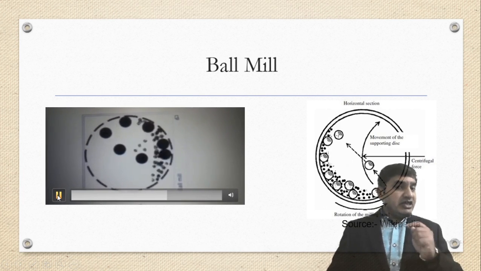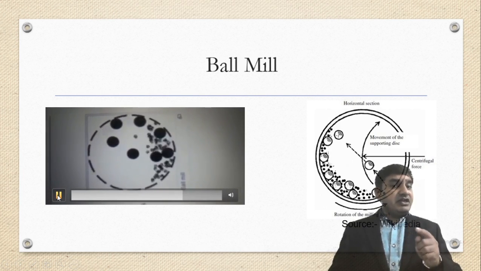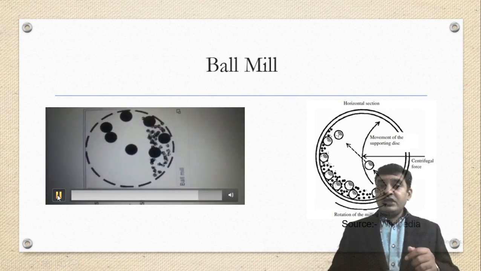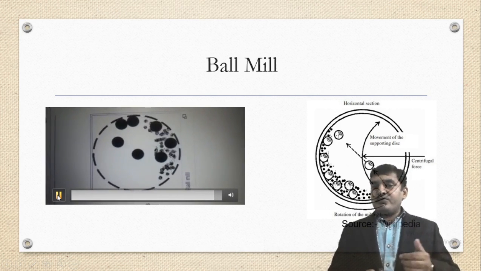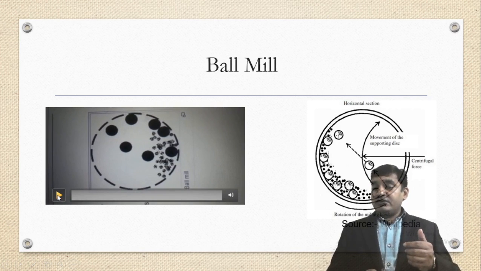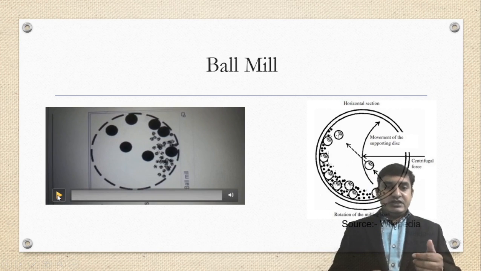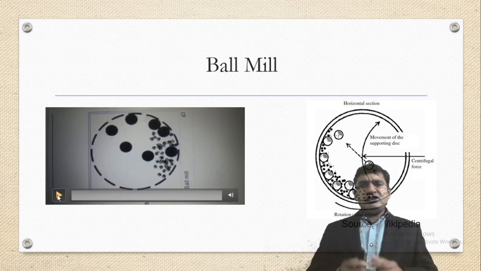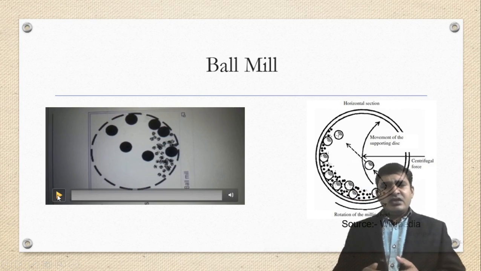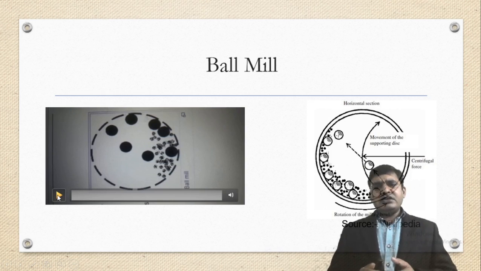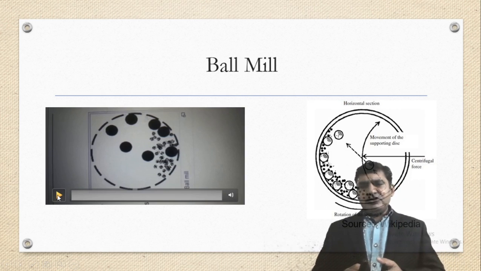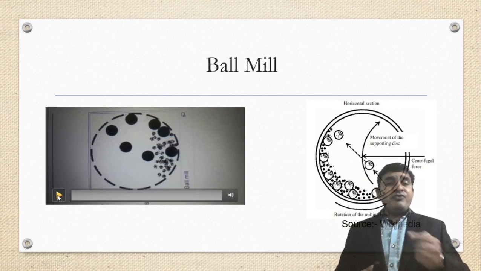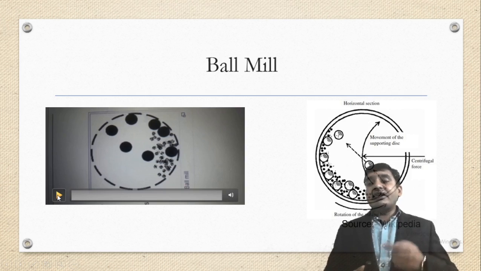The material comes in contact with the balls, so that the size of this bulk material is reduced. Simply, this is the horizontal section. Then these are the steel balls or the tungsten carbide balls. Then the centrifugal force is acting on these balls, so that